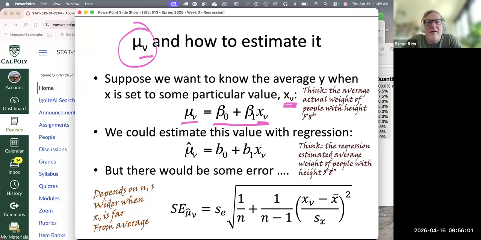How do we estimate that unknown value? Well, it's not too difficult because we have an intercept and a slope. We have an estimate of that average weight for someone of that height. Check. Mu nu plus or minus what? Well, the margin of error should correspond to the standard error for mu nu. Again, think standard error. What is the standard error? Standard error tells me the estimate of how far my estimate is away from the number I'm trying to estimate.